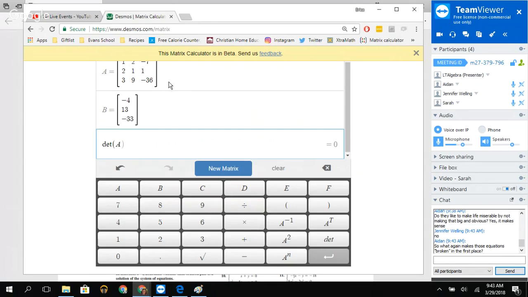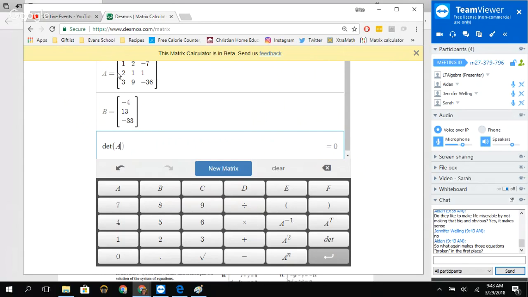So what again makes those equations broken in the first place? Oh, like this one that's broken? Oh, so Aiden, this one, I believe that number 25 has more than one solution because